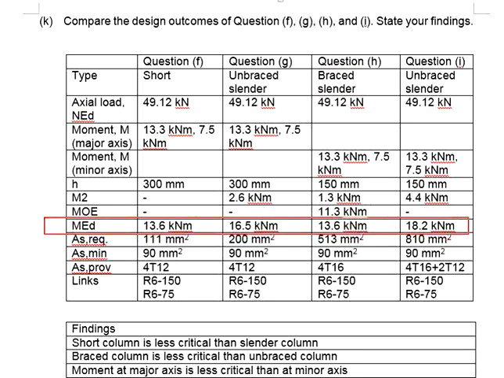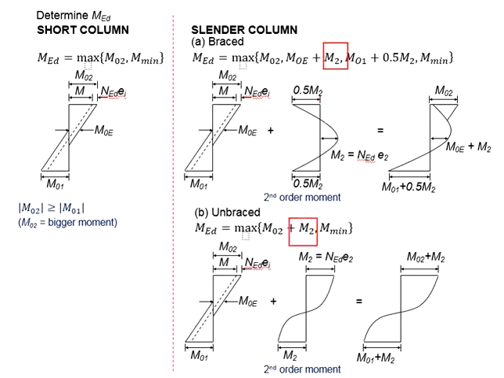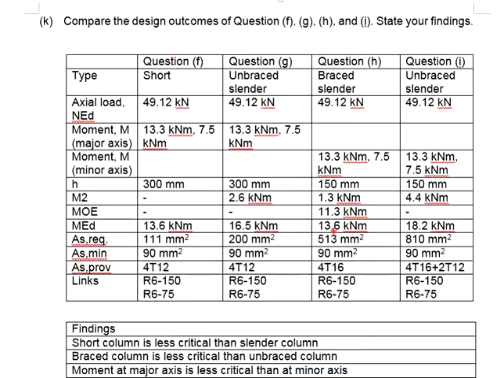Next is about the MED. The MED here will be purely due to the first order moment. Whereas when you deal with the slender column, the MED shall also be governed by the second order moment, which is the M2. It is also possible that the first order moment is still the most critical for slender and braced column,